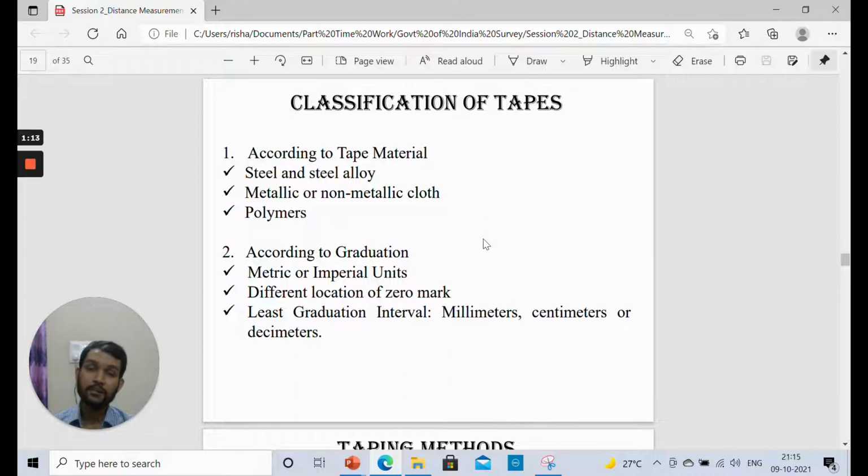So when you are measuring the distance, you exactly need to know that, and you will place that tape at the station in such a way that the zero mark is aligned with the initial point only. Otherwise you will get faulty readings, and if you are committing the same error again and again, and it goes unnoticed, then these errors will add up, and it may give a significant amount of error.